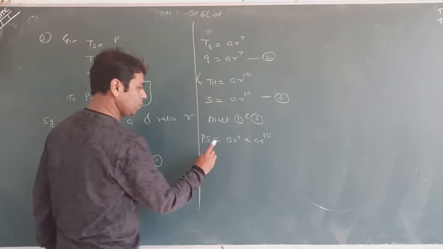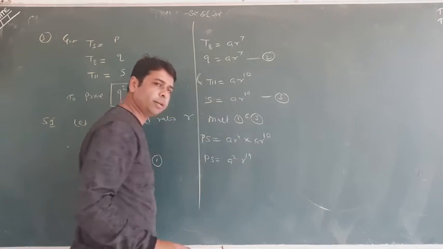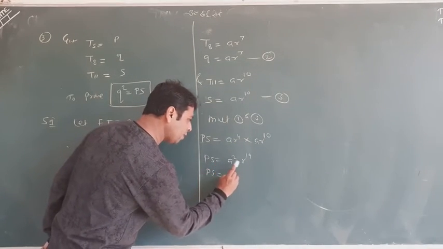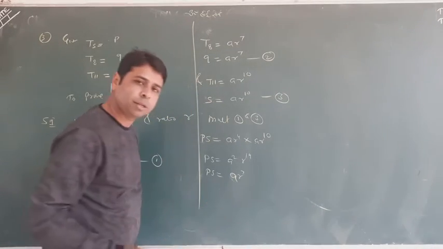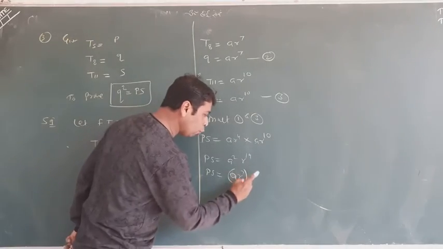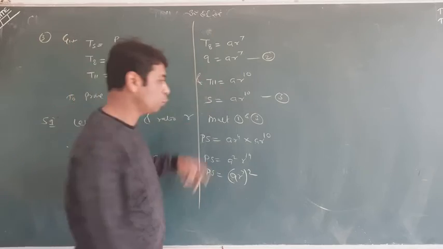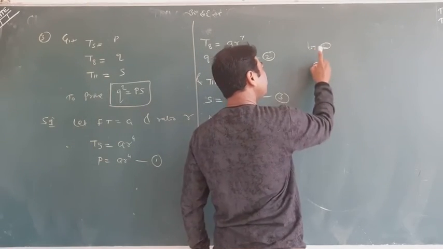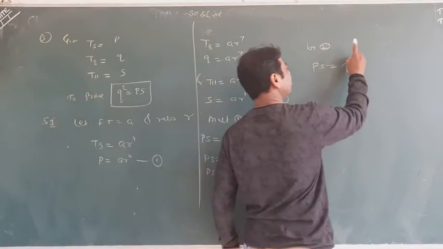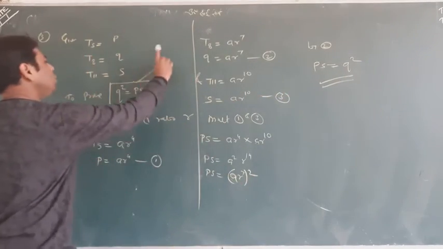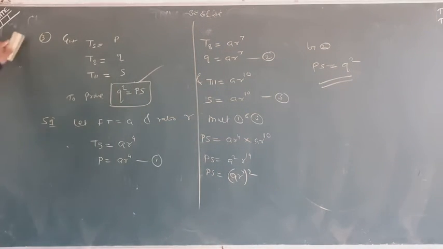Now what I'll do? PS equal to A into A square and R into R to the power 14 is coming here. Now intentionally I will write this is A square, I am not writing R to the power 7. This 14 I have as 7 and make a whole square. This is balanced. And AR to the power 7 is none else but it is Q. So by 2, PS equal to AR7 which is Q to the power 2. This is completion of the requirement. Q square is equal to PS. So simple question it was. Have done from my side.